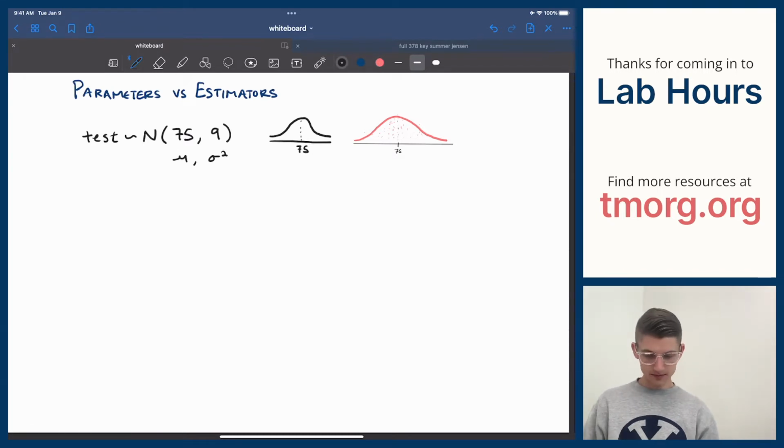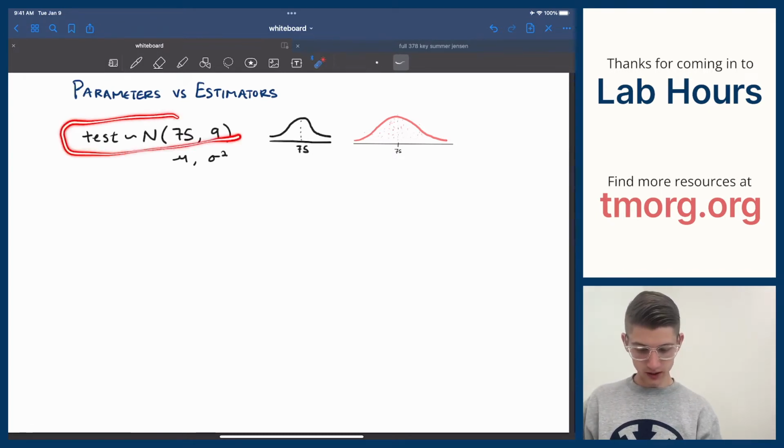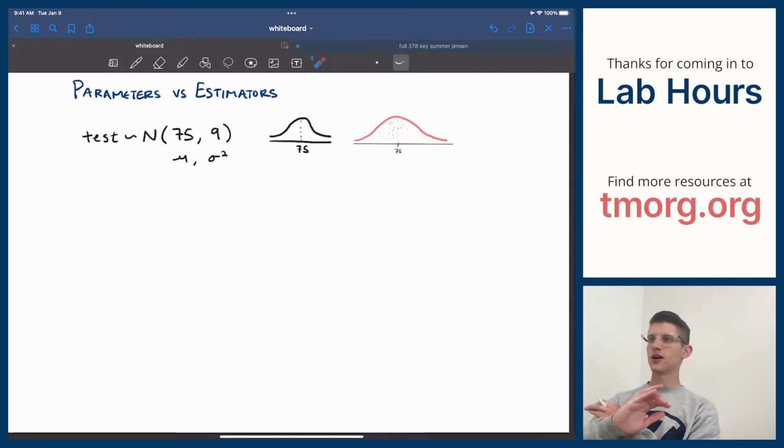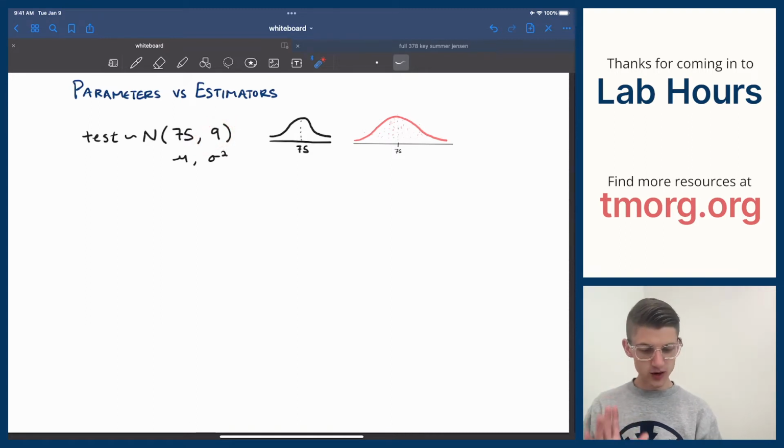So let's say that we know magically, we have some supernatural knowledge that these test scores are actually distributed with a true mean of 75. You know, on average, if someone takes the test, they will get a 75, no matter how many people take it, no matter where they are. If it's juniors in America, their average is 75 with a standard deviation of 3. Let's just say we know that, even though it's not really possible to know it, okay? Well, what if